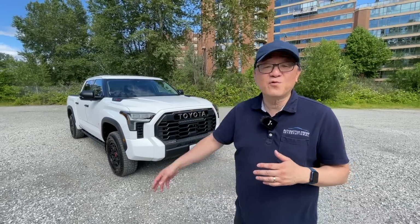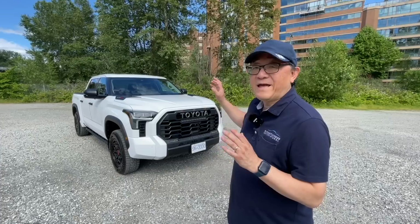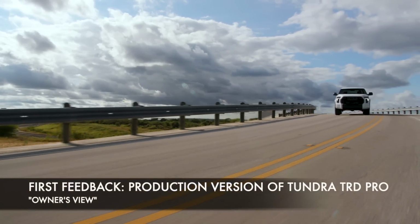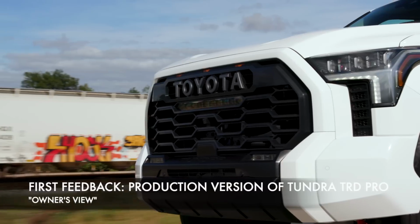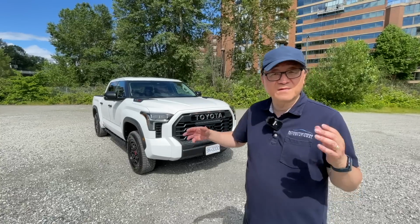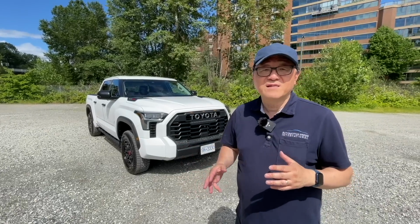And then over the next several weeks, I'll be doing many videos about the quality control, about the engine, the powertrain, the ride, everything, because this is a full production model versus the pre-production models that we've all been driving the last few months. In fact, I think almost every review of the Tundra TRD Pro out there is based on a pre-production model, and there are almost no reviews of the actual production version like this one right here. So I'm really excited to show you differences I've already noticed between this one and some of the pre-production models